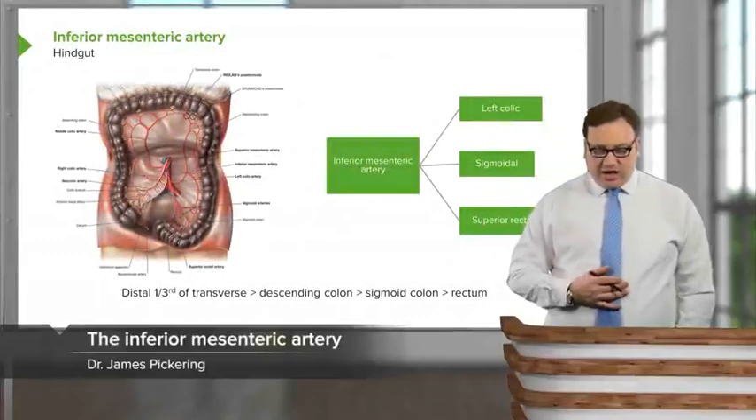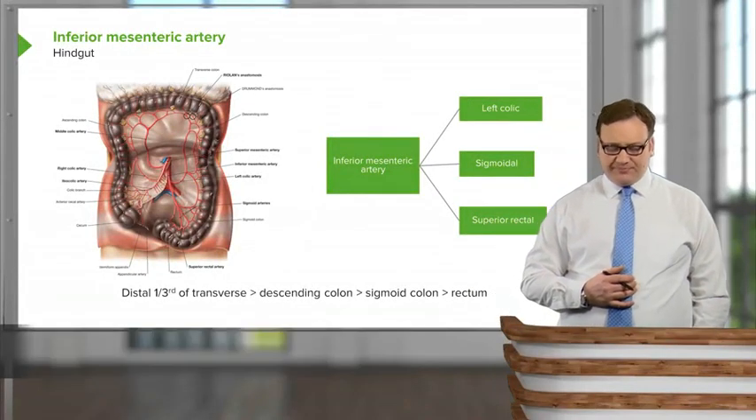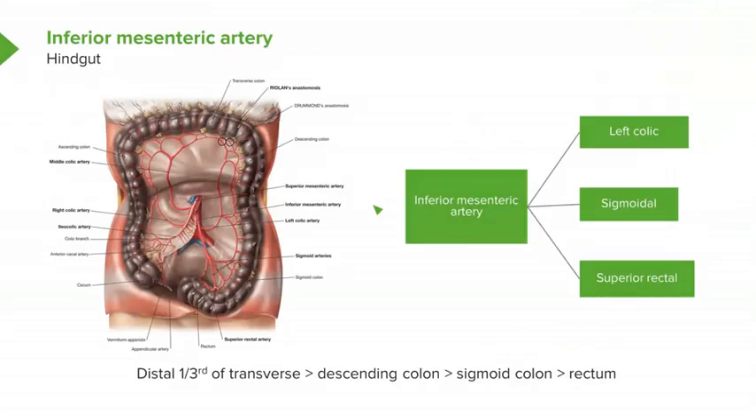The inferior mesenteric artery is the third unpaired visceral branch coming off the aorta. It comes away at about L3, and it supplies the distal third of the transverse colon, descending colon, sigmoid colon, and parts of